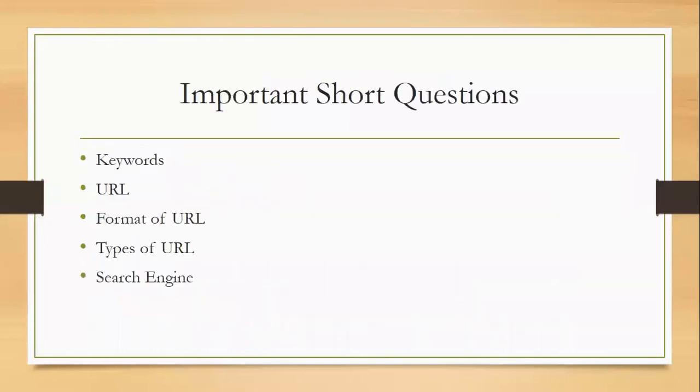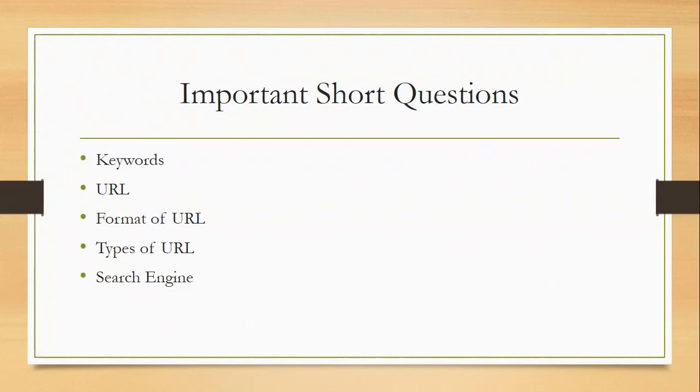Now, these all are the short questions or short key points that I discussed in my video. Firstly, what do you mean by a keyword? When we are looking for a particular query, we have to enter a word, that is called a keyword. This can be a hit or a miss case. Then what do you mean by a URL? Uniform Resource Locator, that is the particular address assigned to a particular web page or website, is called a URL. There is a specific format of a URL.